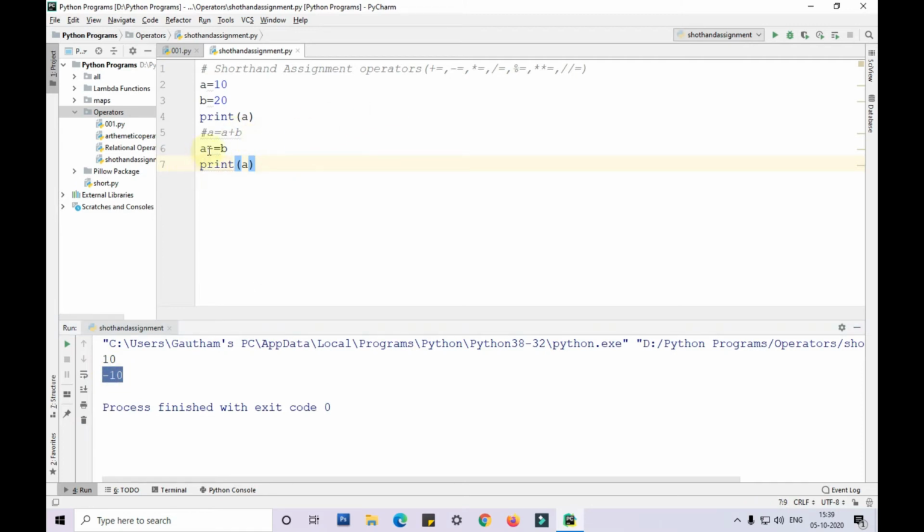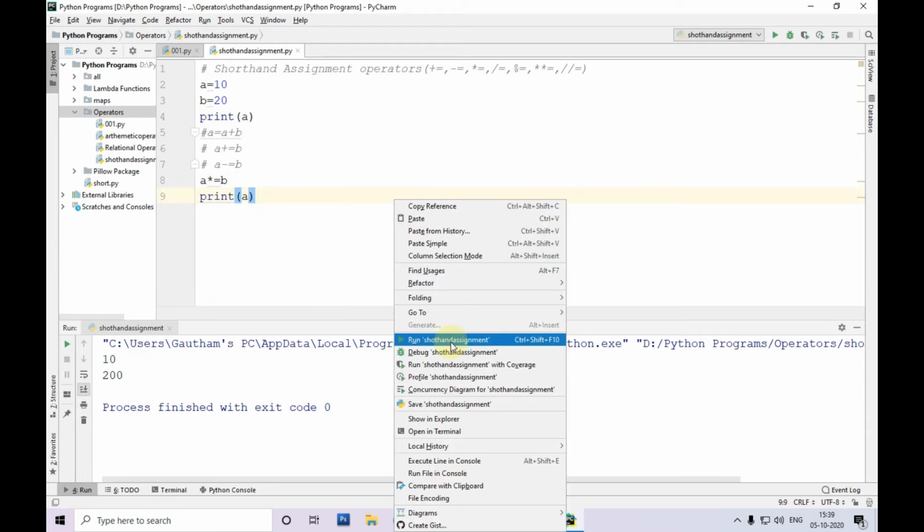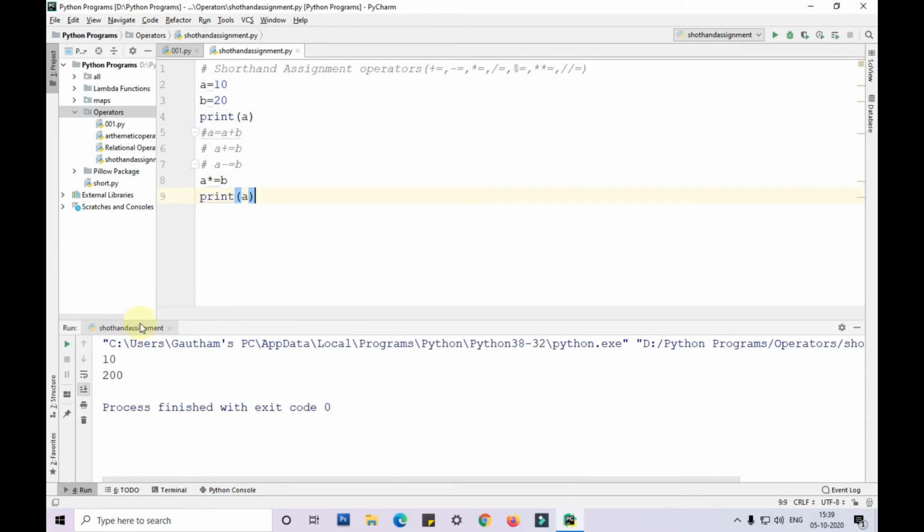Similarly, if I multiply a into b, so let me keep the code as it is, guys. If I multiply a and b here, what will happen? Are we still getting the same output, that is 10 and 200? Yes.